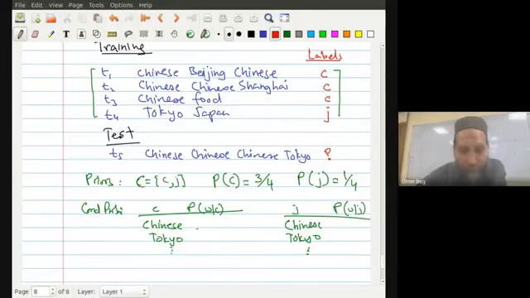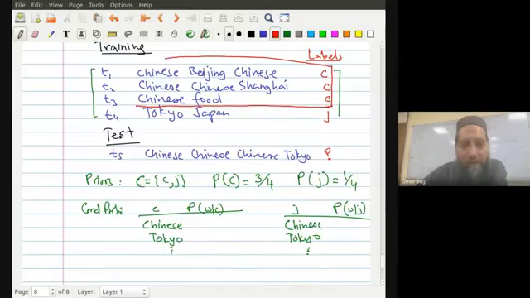The probability of the word Chinese in the Chinese class. So first we take this and concatenate all of this to make doc Chinese. And we take this and we concatenate it to form doc Japanese.